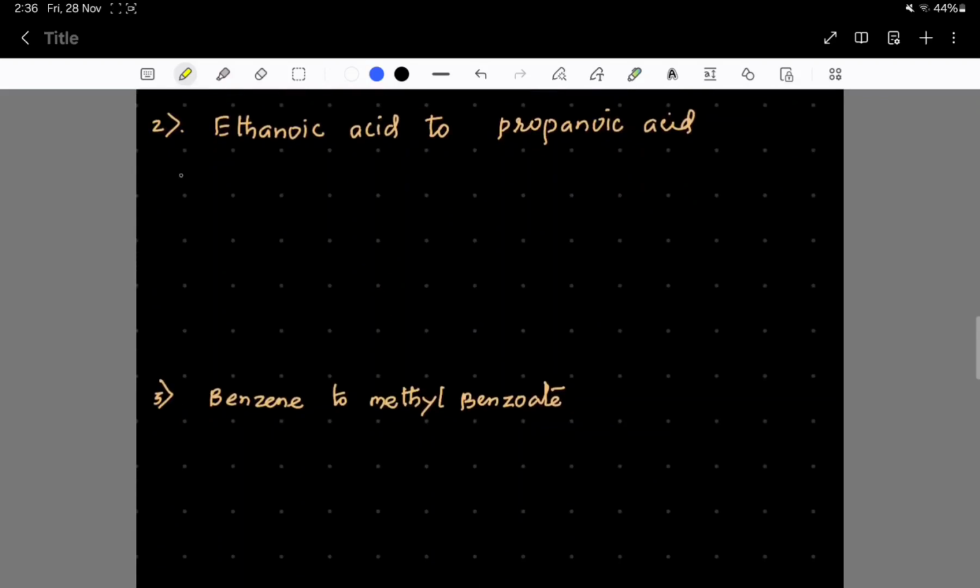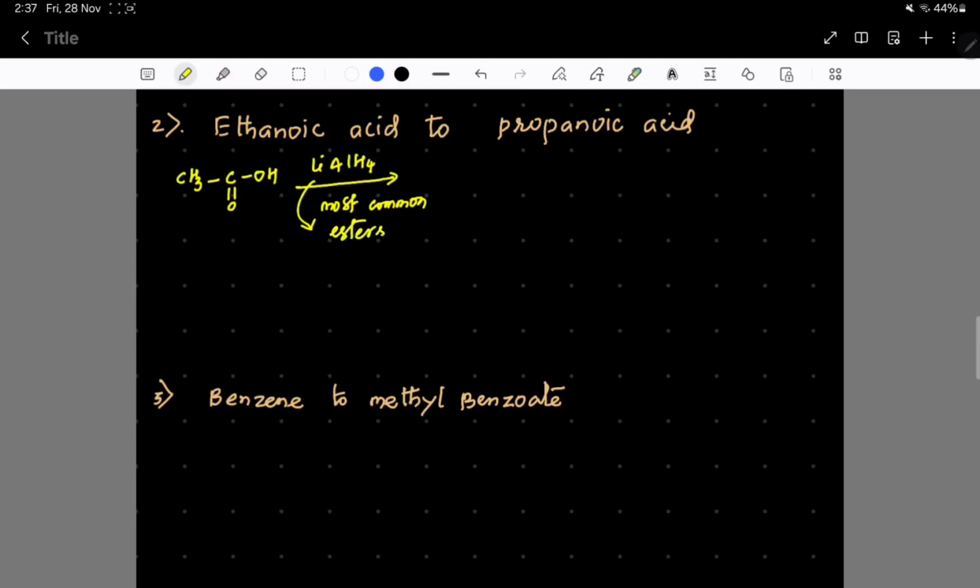Ethanoic acid is nothing but acetic acid only. Now this ethanoic acid we will treat with a reducing agent, that is, you can use lithium aluminum hydride. It is the most common reducing agent for carboxylic acids. This lithium aluminum hydride can reduce